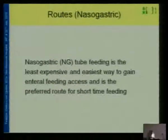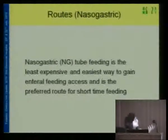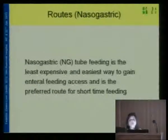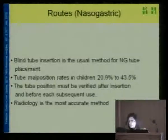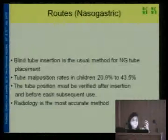So the routes which most of the time we have all been using right from our early days are nasogastric tube feeding. This is the best way, it's easiest, and least expensive when you want short-term feeding. We have all become expert in blind tube insertion into the stomach. But please remember, I've had instances where the tube was actually in the esophagus when you did a chest x-ray, so make it a point